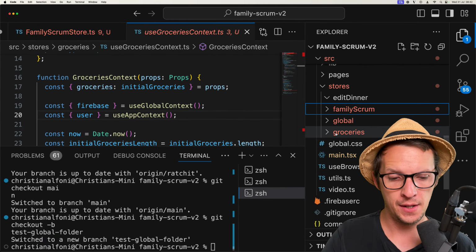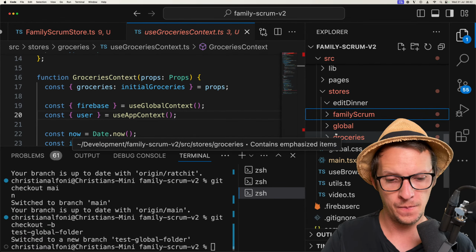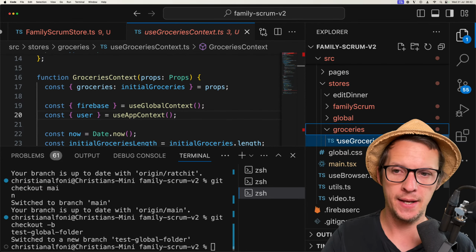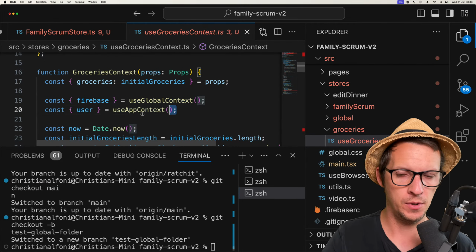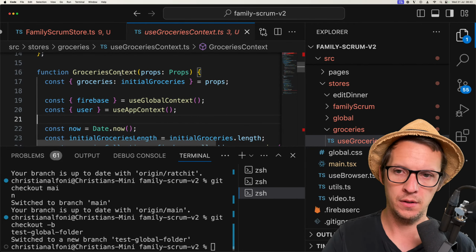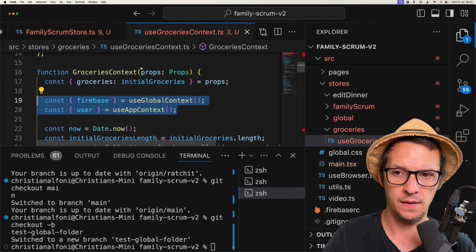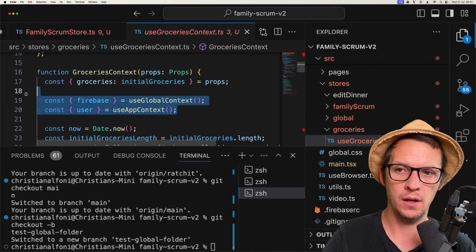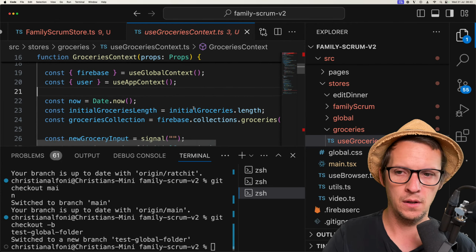Now, one thing. So what this also solves is having to pass around these dependencies. As you can see, you can just use global context here. You don't have to pass it in, which is also super powerful. You can also pass in, based on the UI state, some properties about the UI when you mount the store, which can be taken into account.